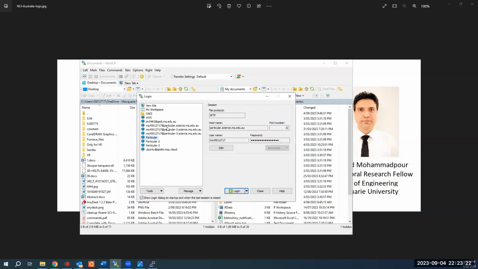So if you are using Particular, you just need to insert your username here. The question that may be raised is how we can get this information, the login details. Actually, Mr. Richard Miller will send this information for your login. Don't worry. As you can see, this is my username, and the host name is that